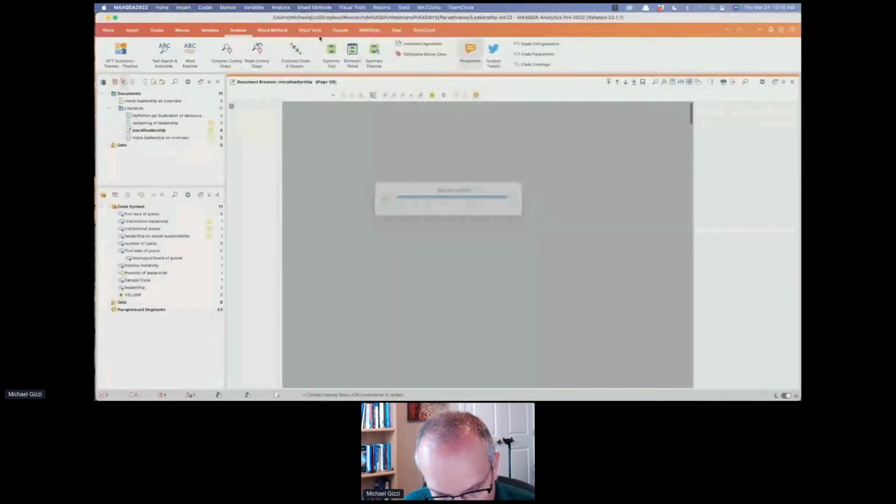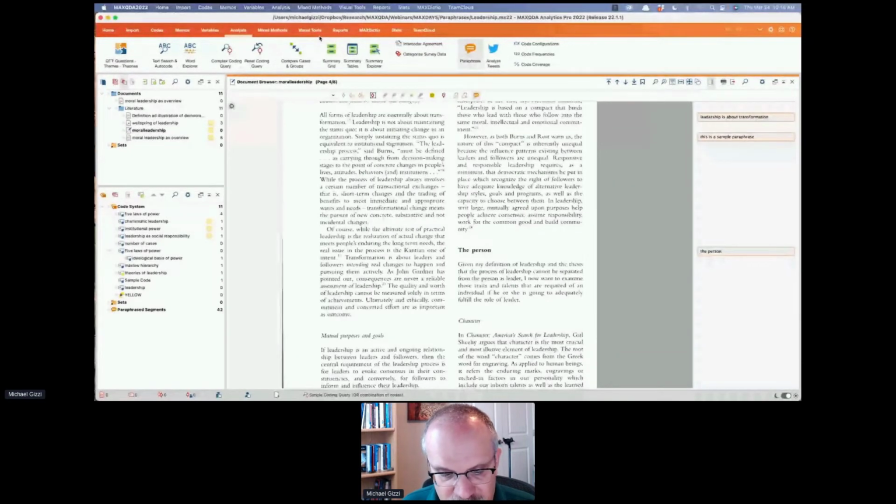So you can paraphrase part of an image. You can paraphrase a text, PDF. If you're using the multimedia view, or you select a part of a segment with paraphrasing on, you can paraphrase that. All right, so I've done my paraphrases. Let's go back to the much more readable document.